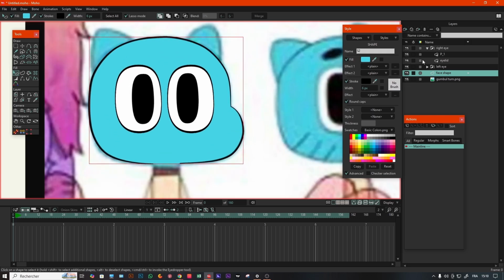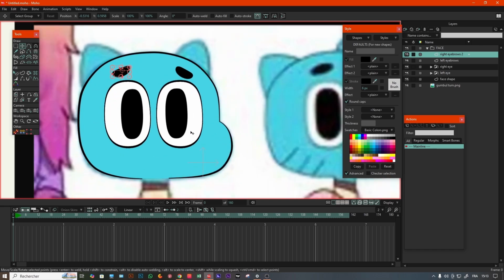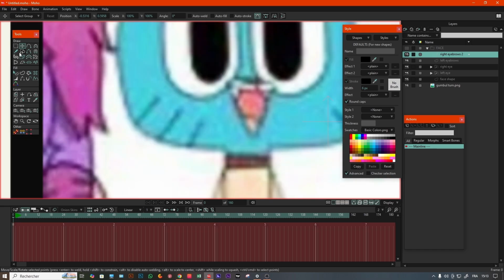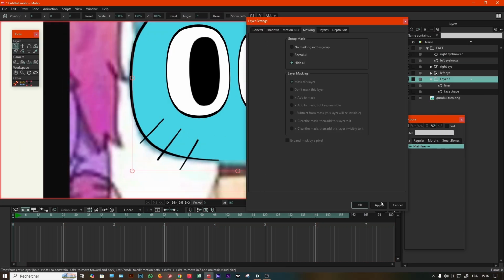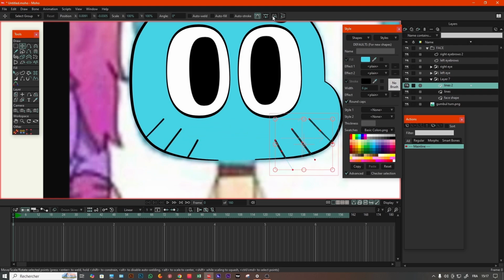Now I'll move on to the eyebrows. Circle shape, adjust it, create the shape, duplicate it and flip it to the other eye. Done. Nice. We're close. For those shapes under Gumball's eyes, select the Add Point tool, create 3 points, press A to stop creating points. Do this for all of them. Then go to the create shape tool, choose stroke and press create shape. Adjust it, enhance it until you like it. Then duplicate and flip it to the other side.